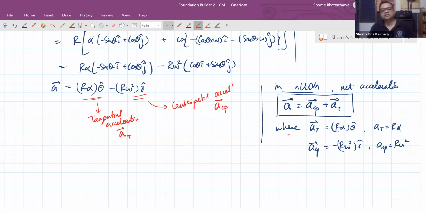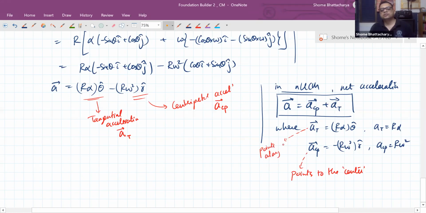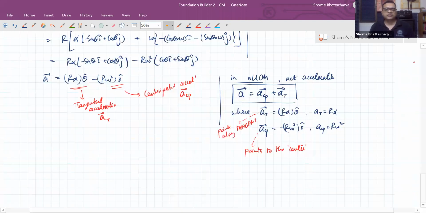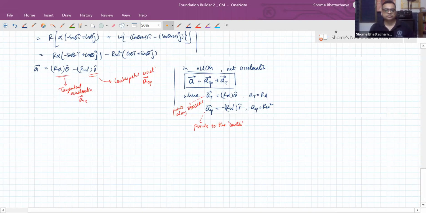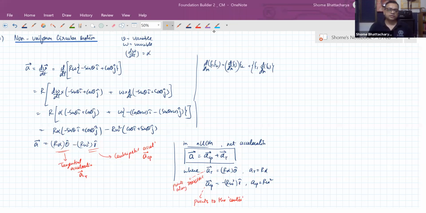This one points towards the center. That's why it's called centripetal acceleration. Whereas this one points along the tangent. So this is about the acceleration in the general case of non-uniform circular motion. Yeah, very good. Okay. Obviously, once you see the derivation, it's easy to understand. Step by step, if we just understand how the acceleration vector is derived, then it's not too difficult to understand